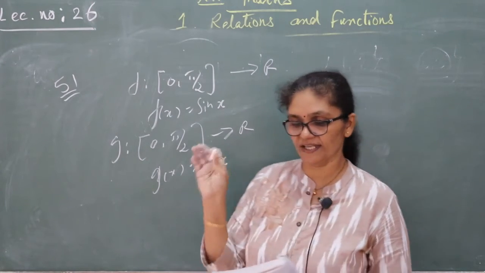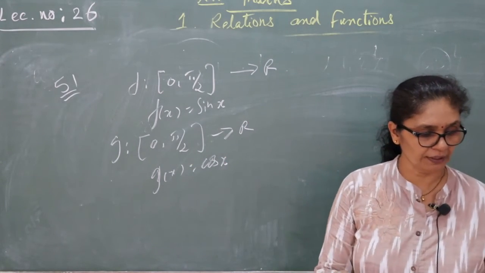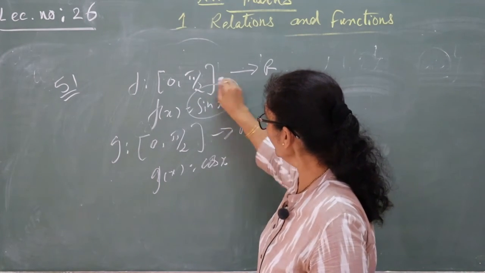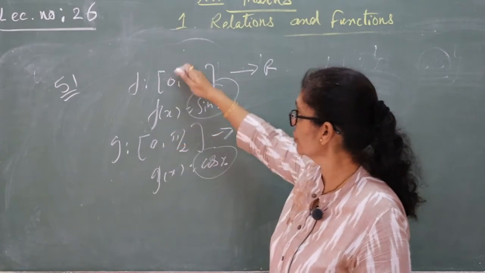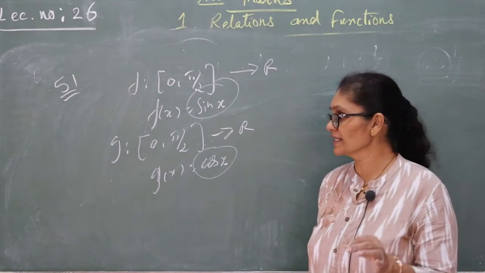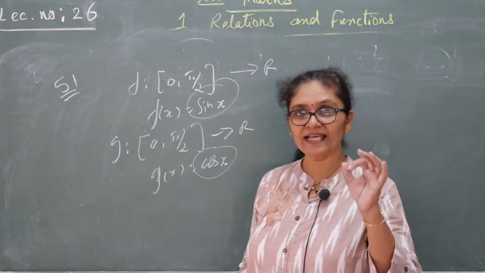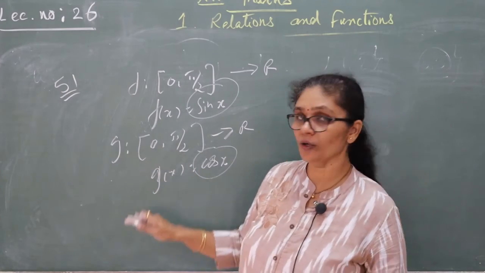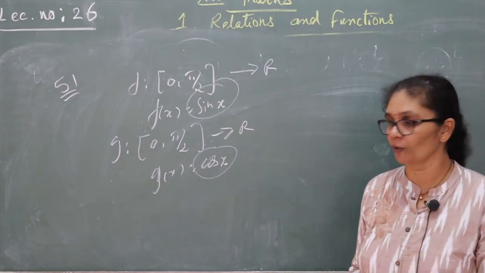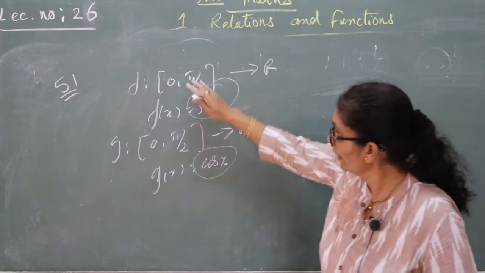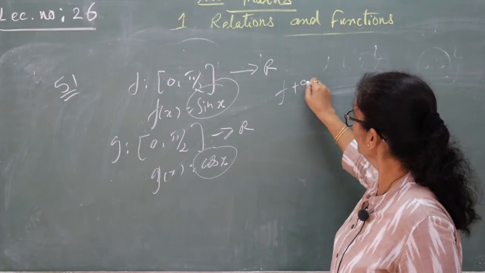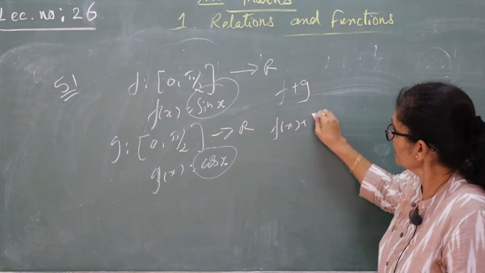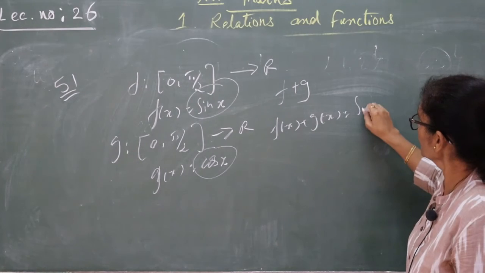Okay, both functions are given, so show that f and g are one-one, but f + g is not one-one. Definitely sin x and cos x, in this range, are one-one, because sin 0 is 0 and sin π/2 is 1. So different inputs give different outputs. Similarly, cos 0 is 1 and cos π/2 is 0. So different inputs give different outputs. But when you combine it, meaning f + g, what is my f(x) + g(x)? sin x + cos x.